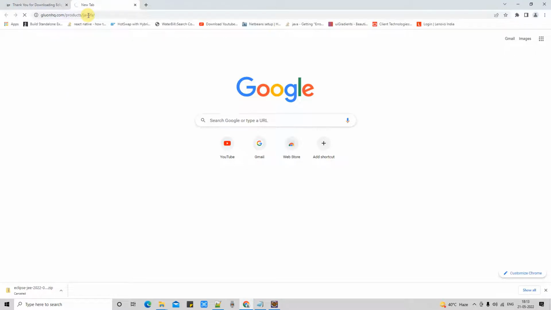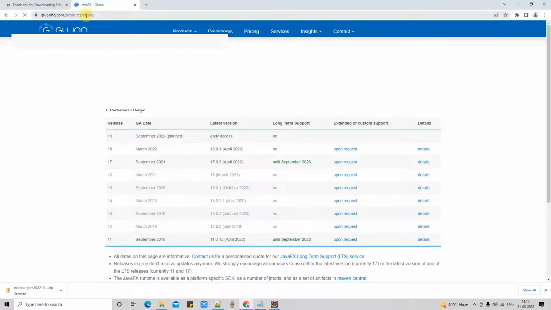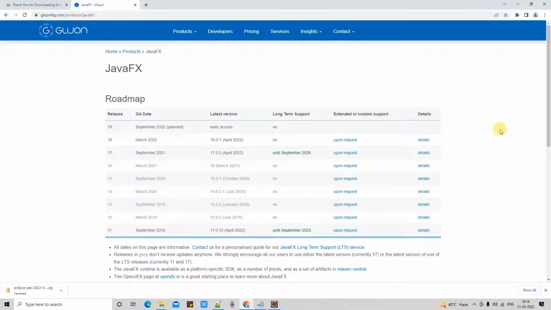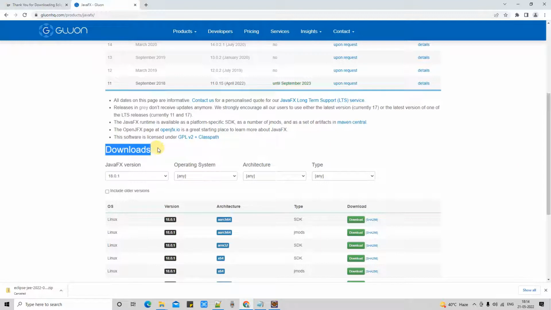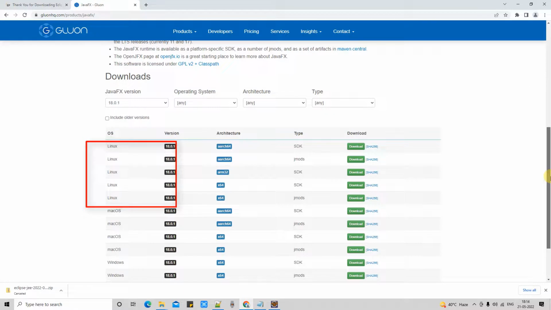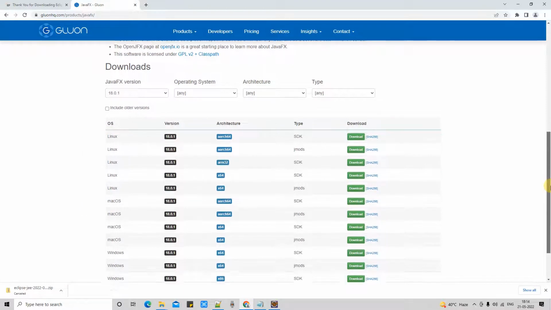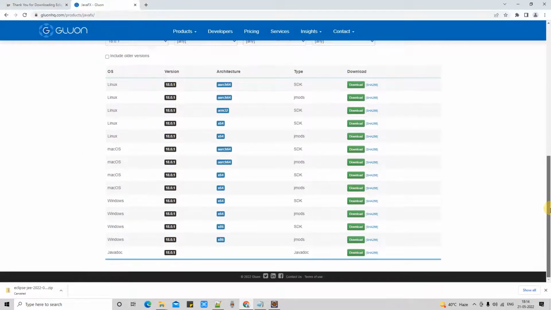So copy that link, the same link is given in the description as well. So you can copy this link, and now if you visit this page, you will reach here and you can see all the details, and come here to the download section. You can see different versions of JavaFX there, but we are going with the latest JavaFX version because our JDKs are very latest. So I'm going to choose the 64-bit for our Windows